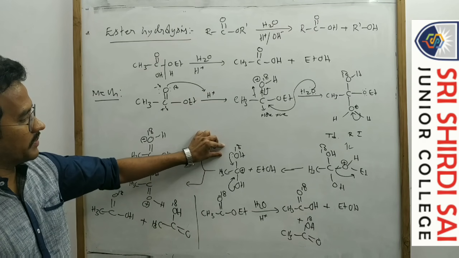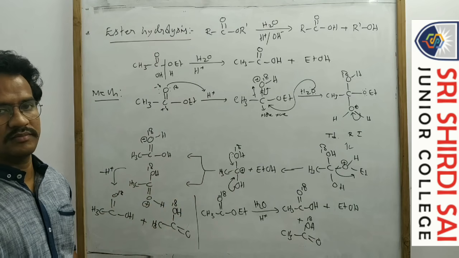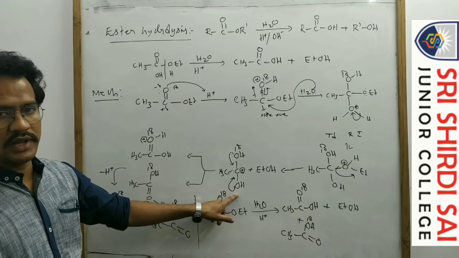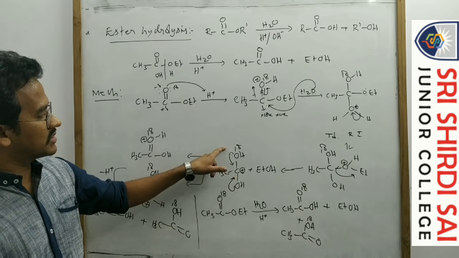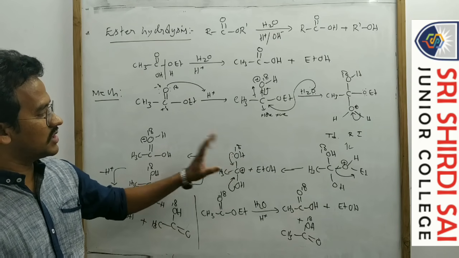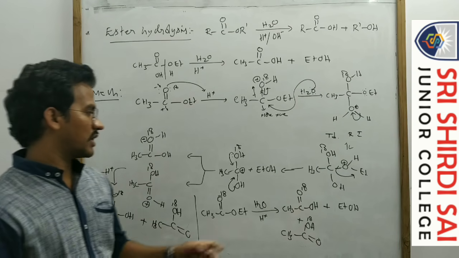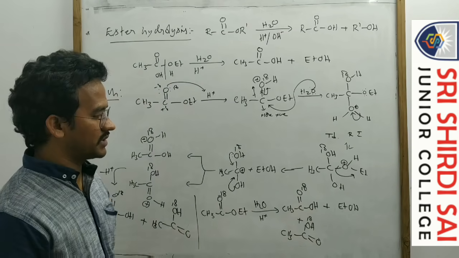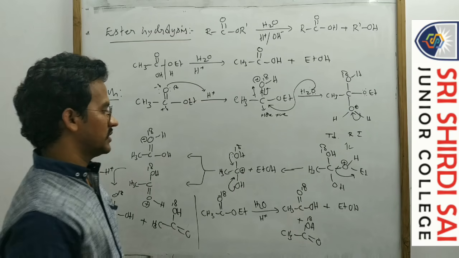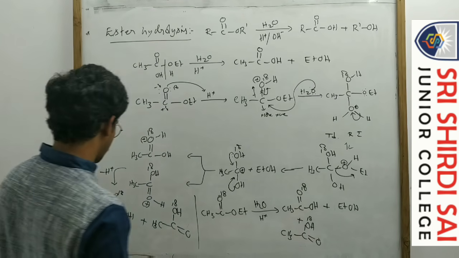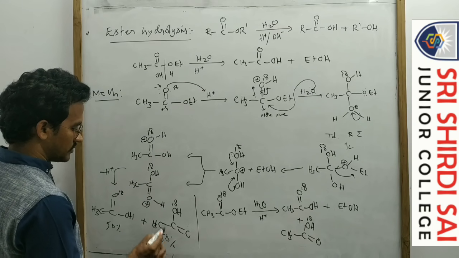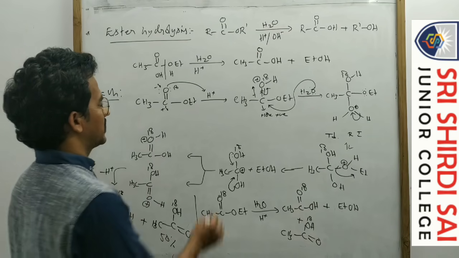If this OH forms the pi bond, then double bond O18. If this OH forms the pi bond, double bond O without 18, and that isotopic oxygen is present in OH2. So here, again, the double bond O and OH form in equal amounts, 50-50. So here 50% and here 50%. Okay, that is the mechanism of this reaction.